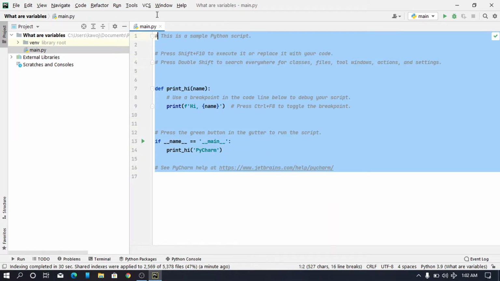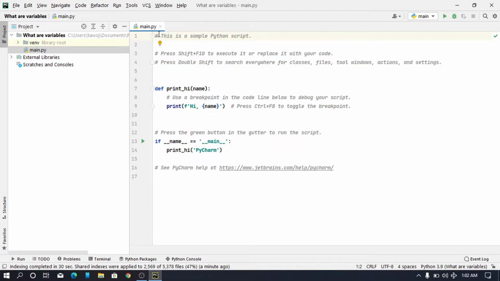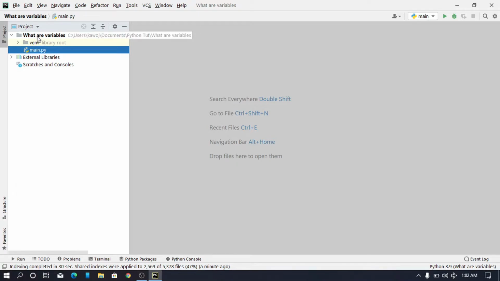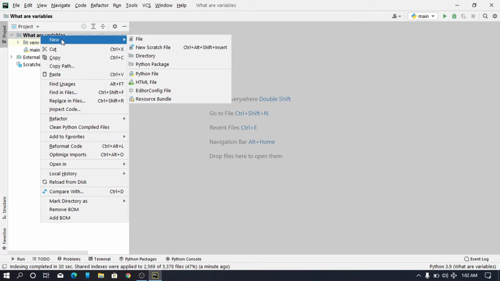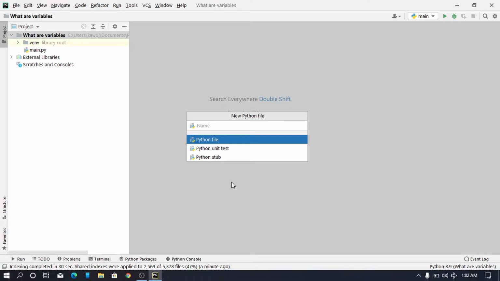This is the main.py file that we created at the beginning. We don't need this for now. We are going to be creating a new file. Just right click on this folder, on this project, click on new Python file to create a new Python file. Just name it the name you want. So I'm going to be naming it data types